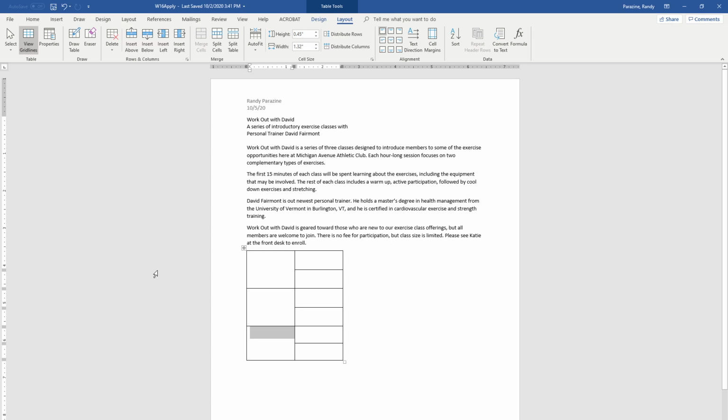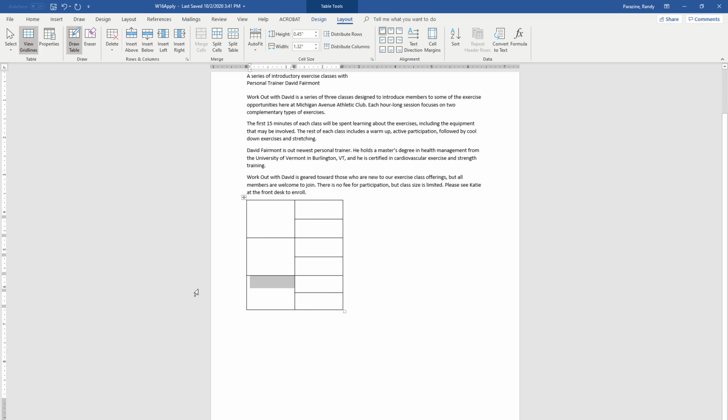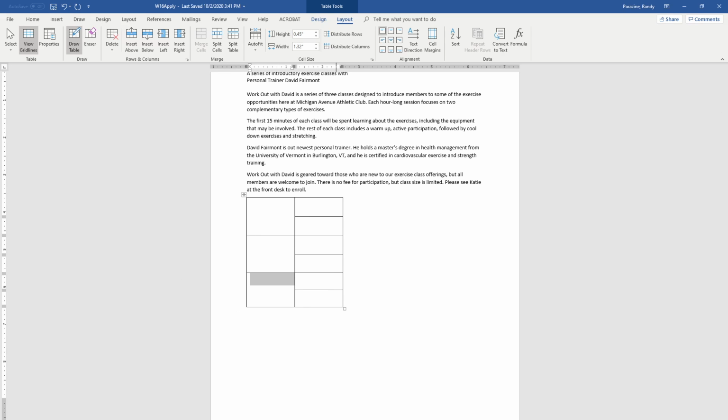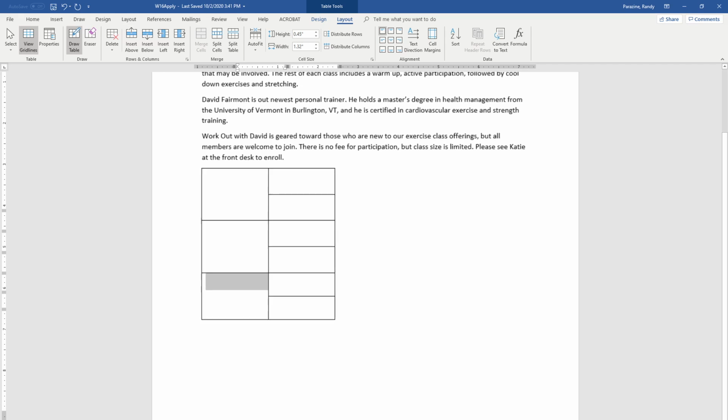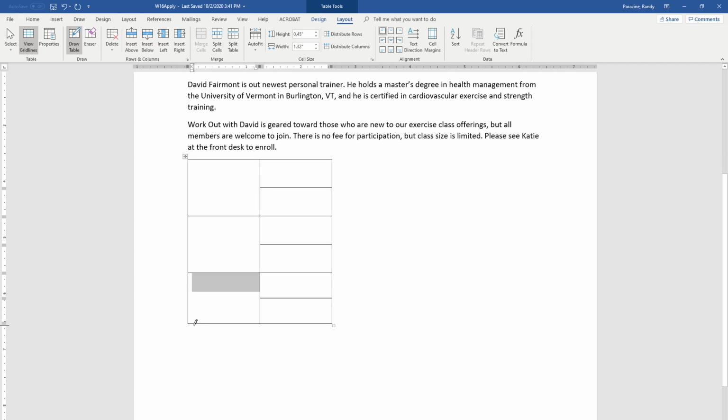Step 10. Now step 10 is a little bit tricky. It says to draw a new row across the bottom of the table, size 0.5 high. So I'm going to click the Draw Table. And sometimes it's easier if you zoom in. And we are going to try and draw